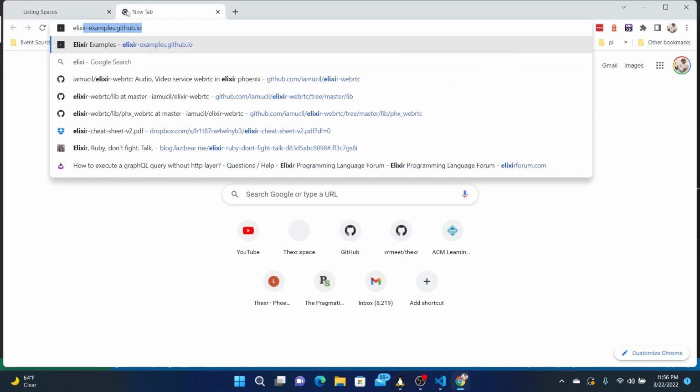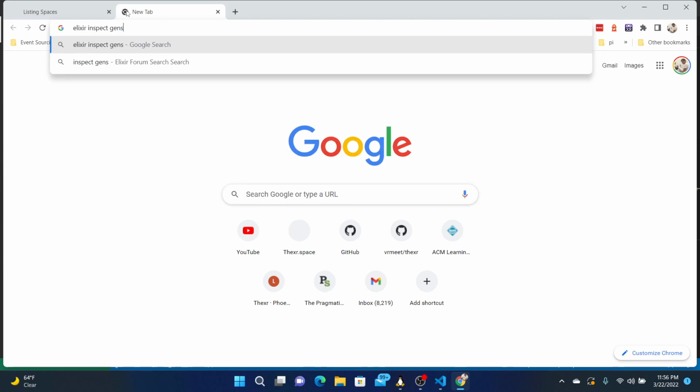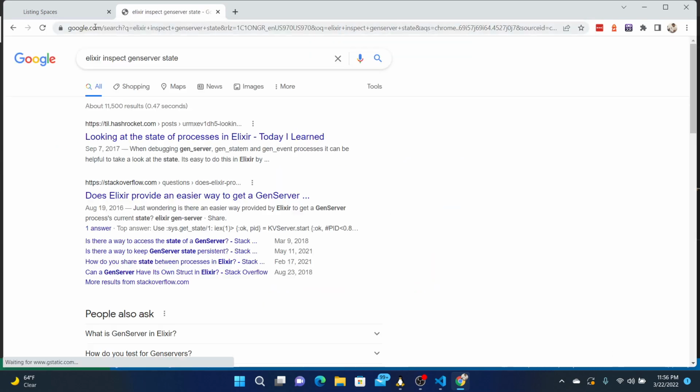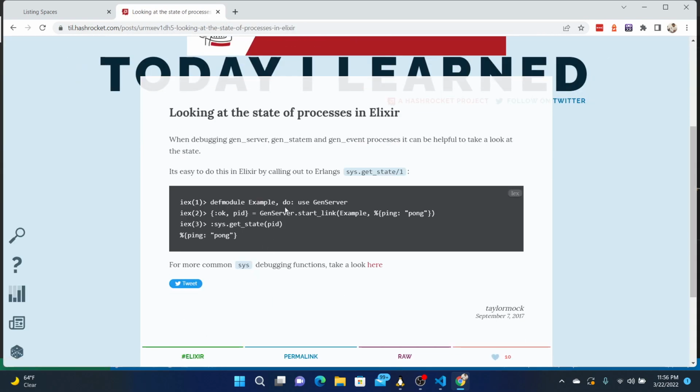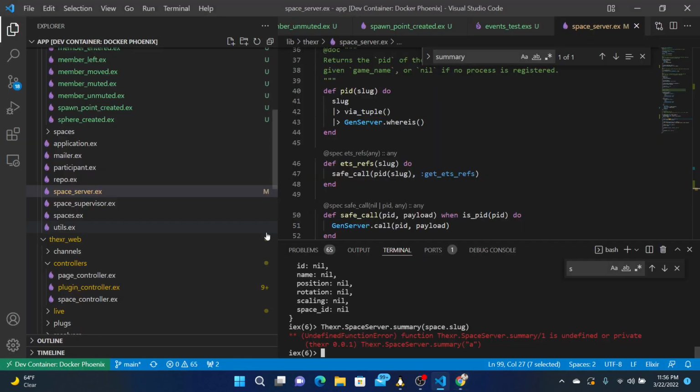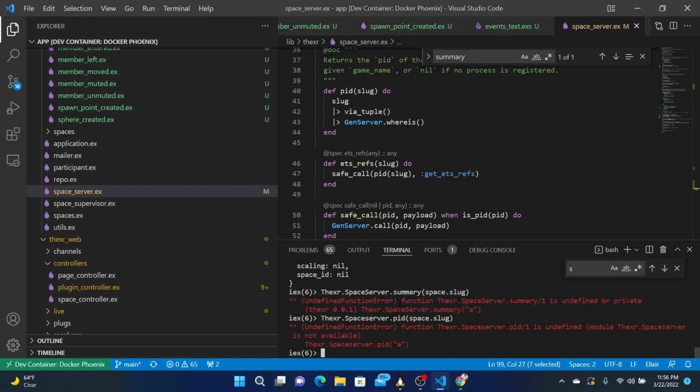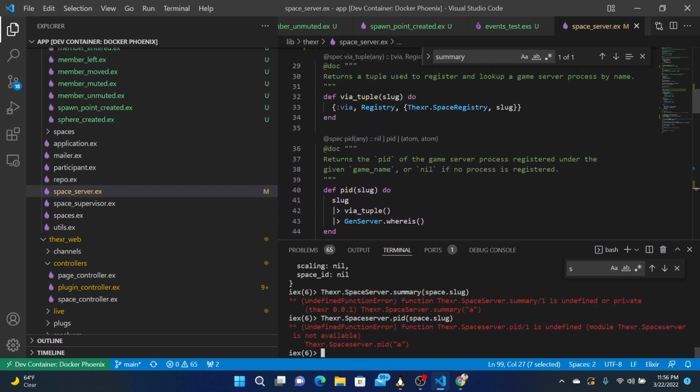See Elixir inspect gen server state. Sys get state. Well, that's cool. So DXR space server PID space slug. No? What's this?